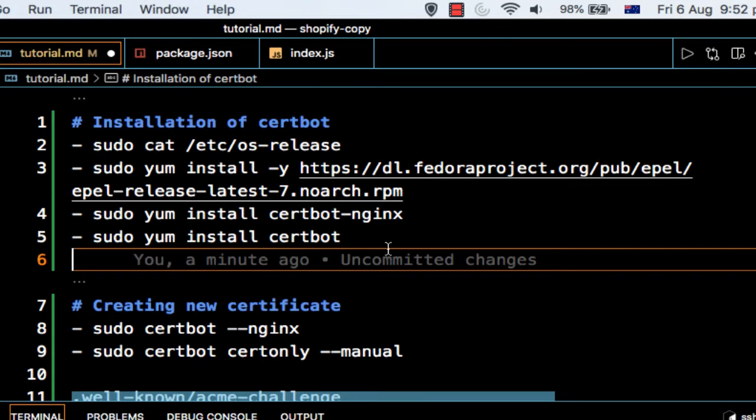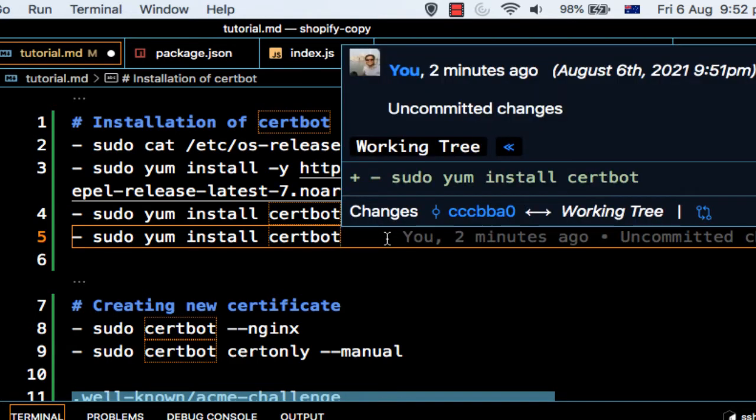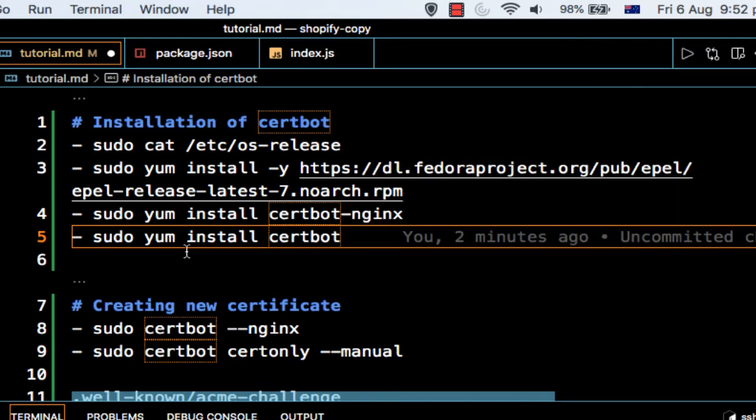Whenever you visit a website that is not HTTPS enabled, warning messages are shown and then users do not visit your website. So it is very important that your website is secure with HTTPS enabled, and for that you will need an SSL certificate. You can buy it or you can get it for free. If you want to get it for free, you will need to do these things.